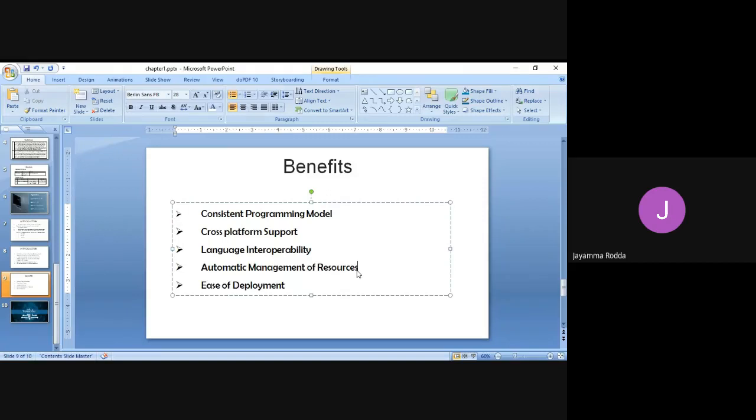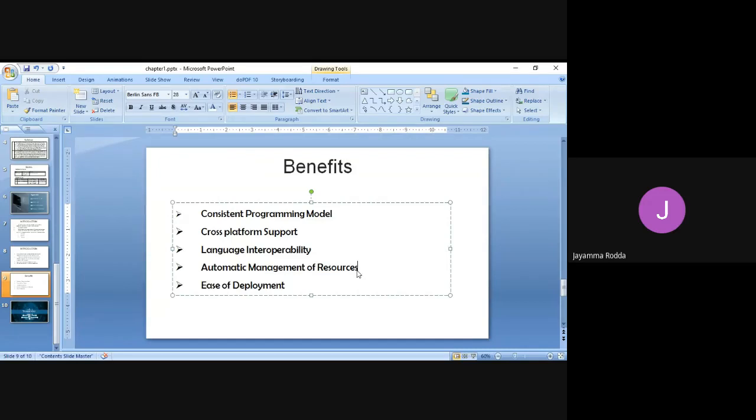Where does this garbage collector reside? It resides in the CLR, common language runtime. This common language runtime uses the wasted memory for other memory references. If there are variables we have mentioned in our program and we are not using them, once a variable is created, the memory for that variable is automatically created. If that memory is not used, then that is a waste of memory. That waste of memory will be used by this automatic memory management.